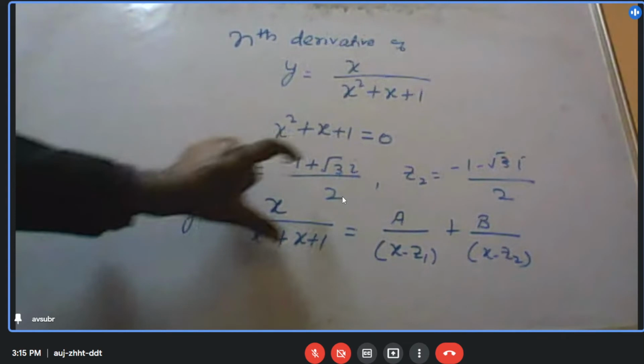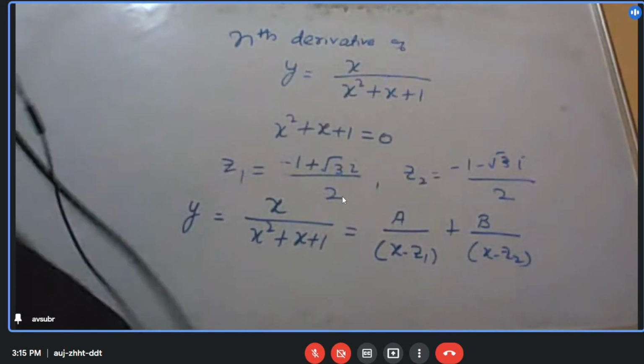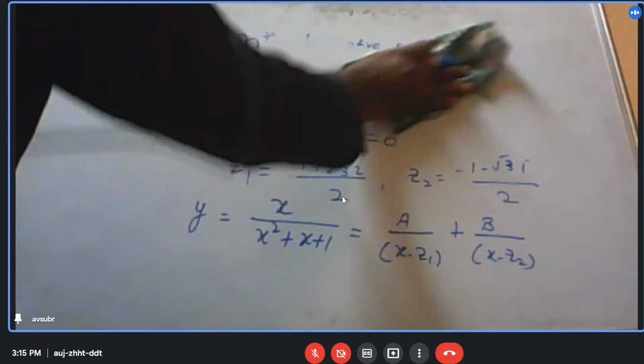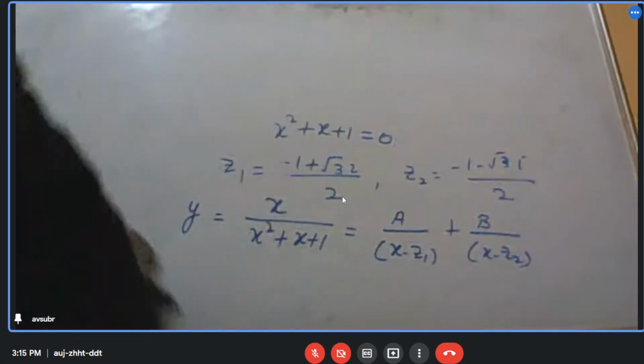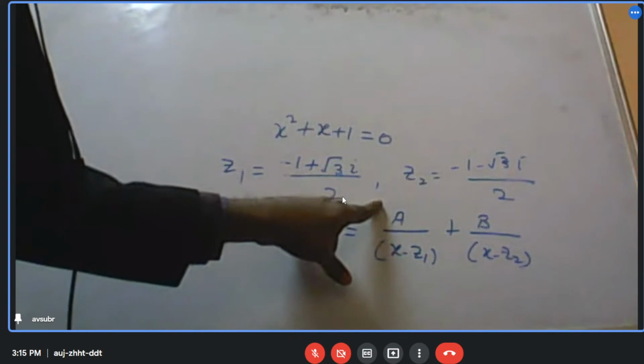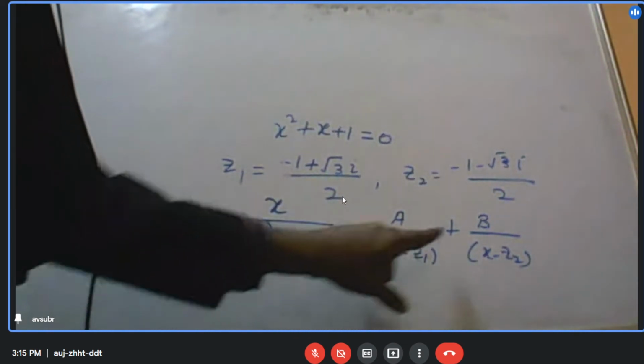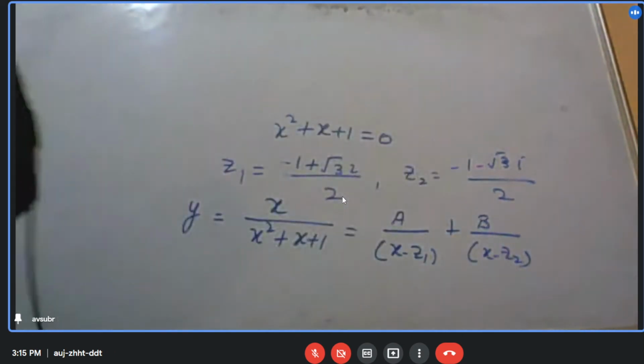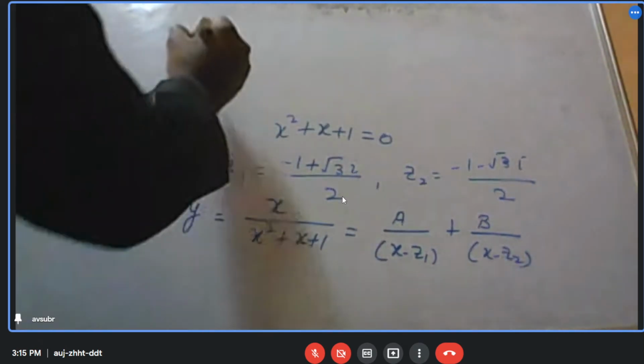I have to convert into partial fractions, right? So what I have done, I have taken this partial fraction as a by x minus z1 plus b by x minus z2. Now let me put